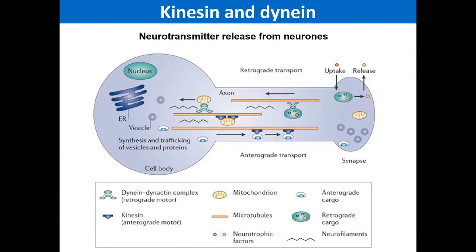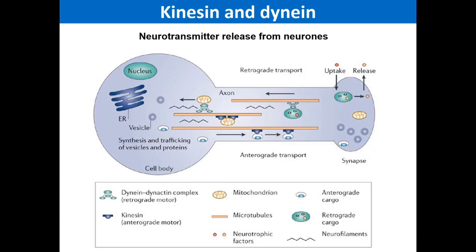It hijacks the retrograde transport of trigeminal ganglia to move from the epithelia of the mouth or of the nose to the trigeminal ganglion for herpes type 1, while herpes type 2 can move from the anal genitalia epithelium to the sacral ganglion using the retrograde transport system,